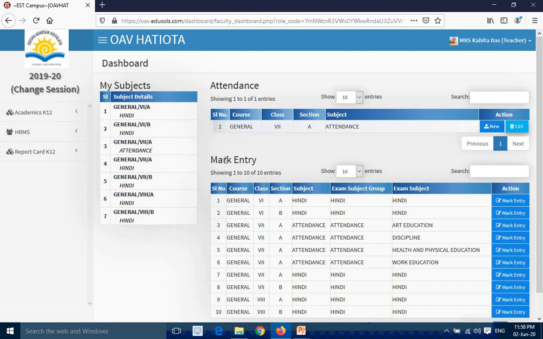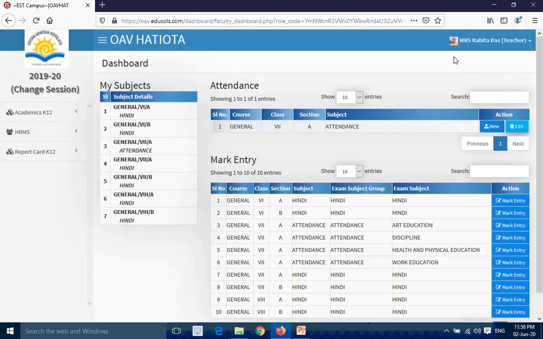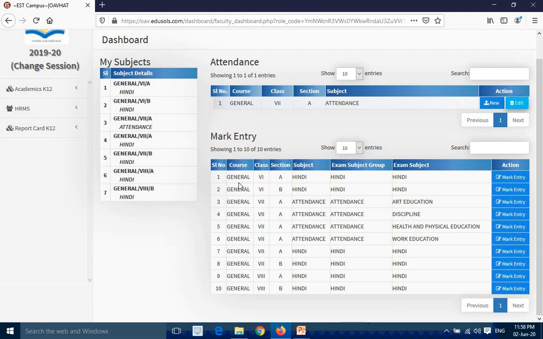here you can find mark entry, and in this section you can find which classes the colleagues are teaching. Here the colleague Kavita Das, Hindi teacher, TGT Hindi, is teaching in classes 6, 7 and 8.